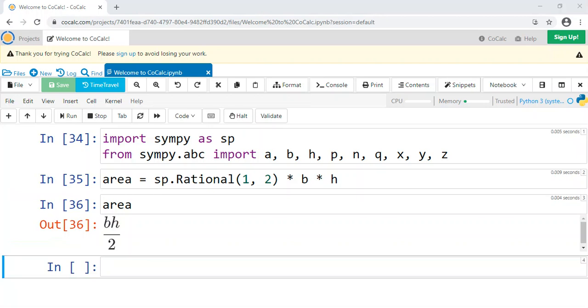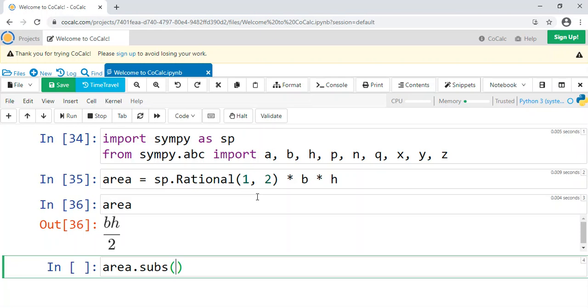So here's where things get powerful. We can do something called substituting. We can substitute in numbers or even other symbols, and we do that with area.subs, and then we put into this 2 arguments. First, the symbol we want to substitute out, and second, the value we want to substitute in for it.